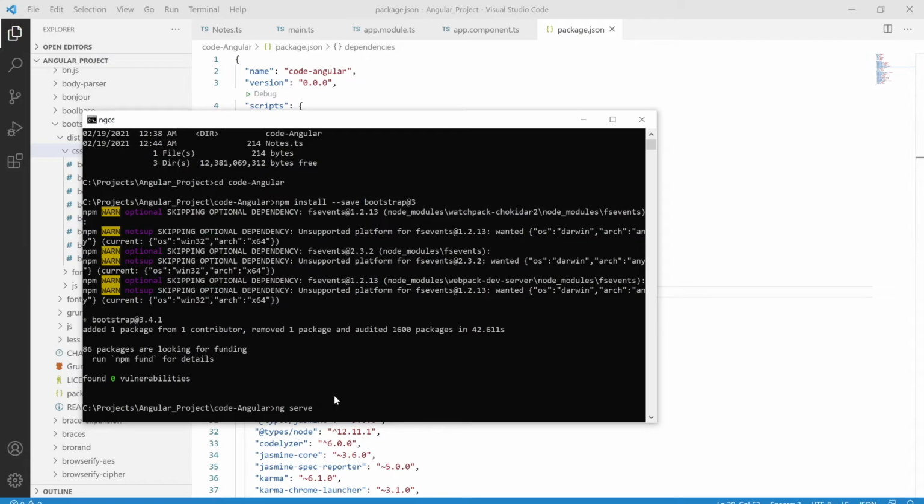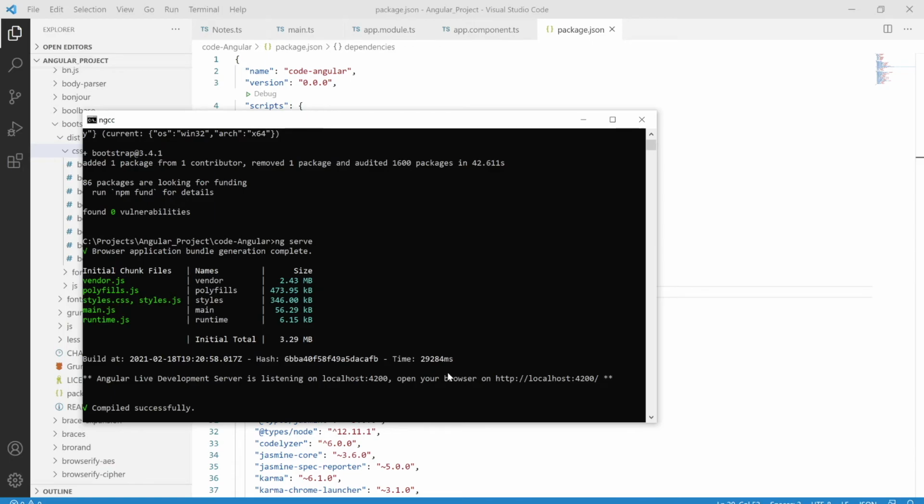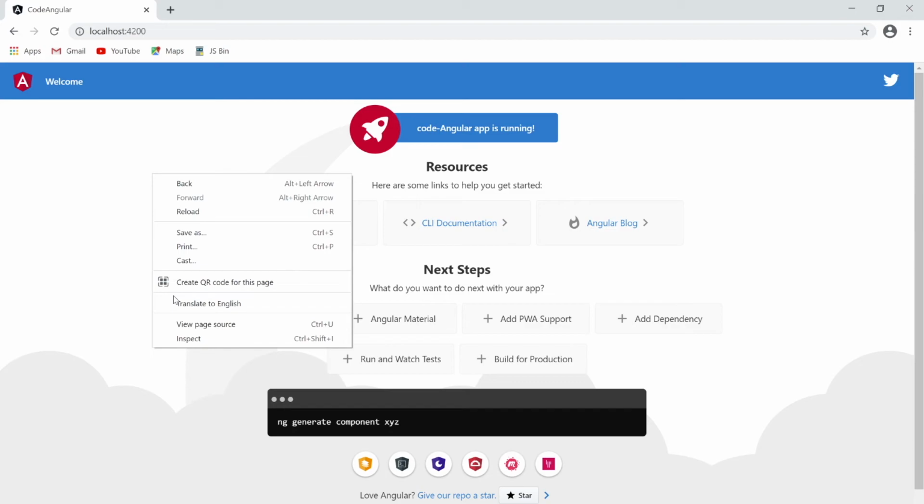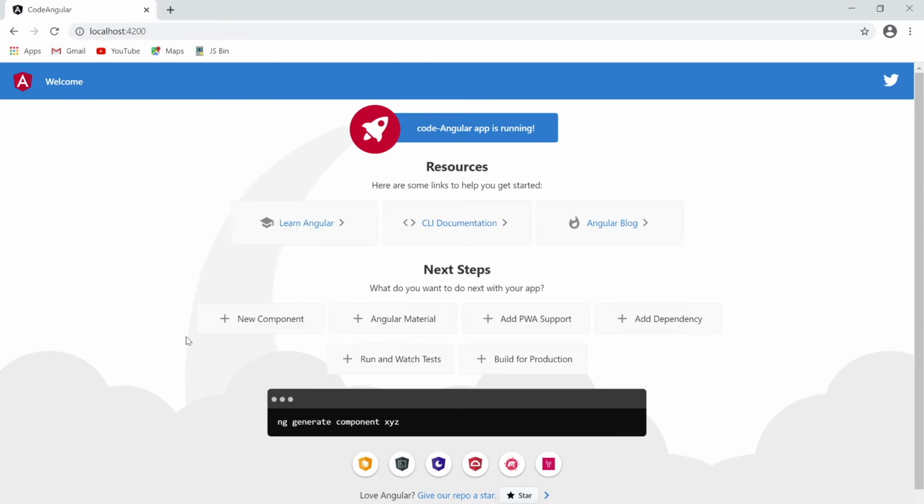and also wait for this Angular project to run. So as you can see, it's compiled successfully. Let me copy this and then open the browser and paste it. As you can see, you have to right click and click on inspect, or you can simply press Ctrl+Shift+I.